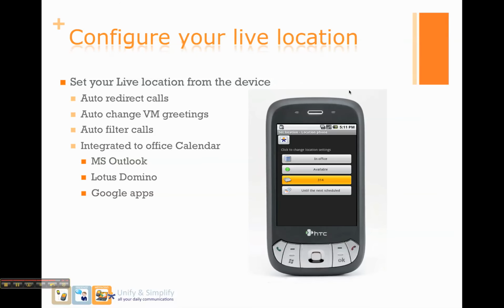Now, some of the key functions are things like configuring your live location. So you can log in, open up your locations, and state whether you're available, not available, and you can even define what phone you're on. So when you click on this button, it'll list all your trusted phones, your office extension, your mobile phone, your home number, whatever number that you've added as a trusted endpoint, and you can define it on the fly through the application, which would automatically change the voicemail greetings people hear, as well as